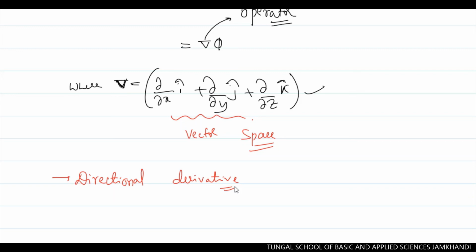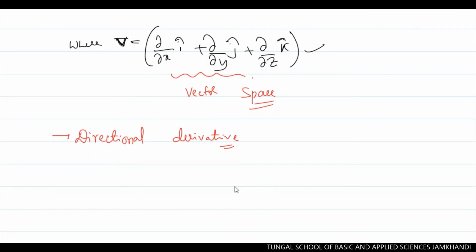So this is an important mathematical tool to understand how, in a particular vector space, a particular physical quantity, that is a scalar physical quantity, will vary along all these three coordinate axes if you consider a Cartesian coordinate system. So in the next class, we are going to discuss the physical interpretation of a gradient, how you are going to interpret this gradient function, and then how we are going to apply it on a scalar function. Thank you.